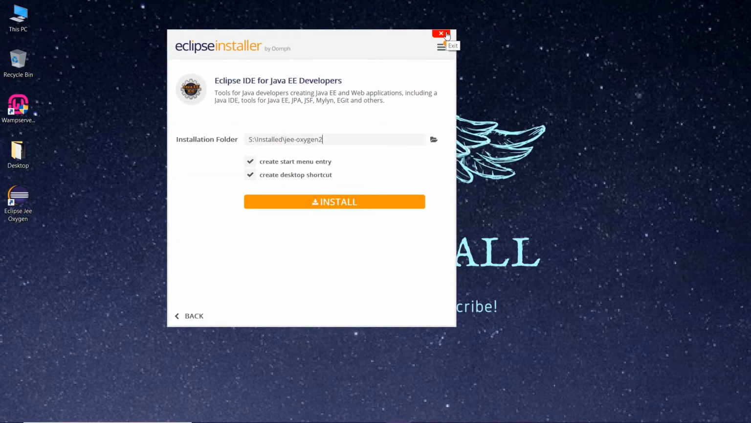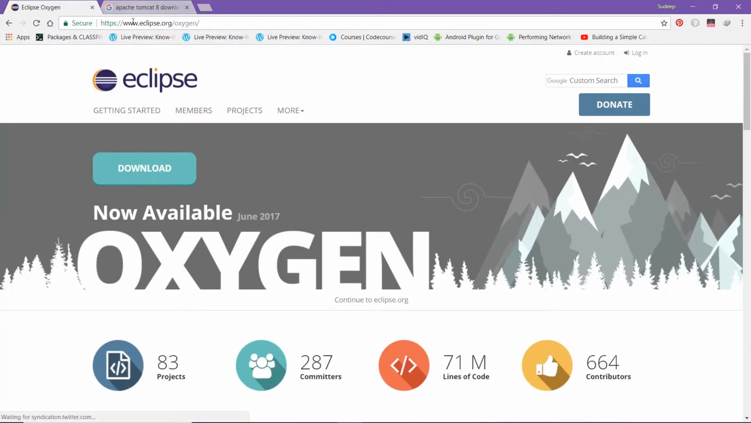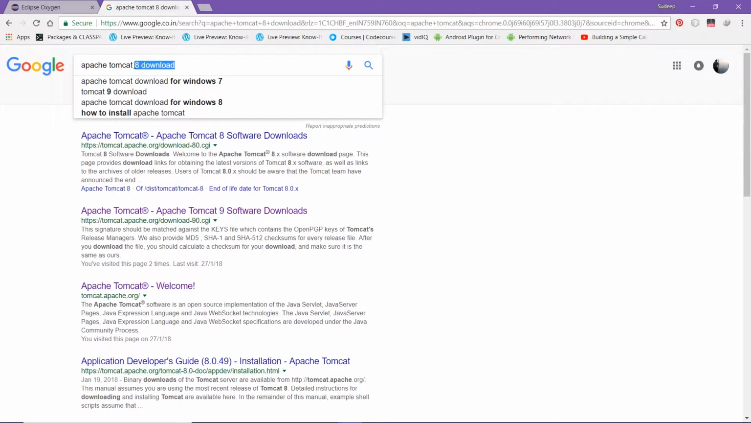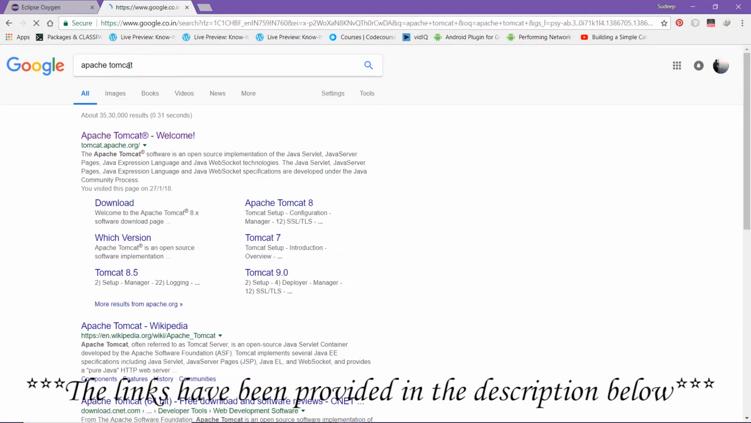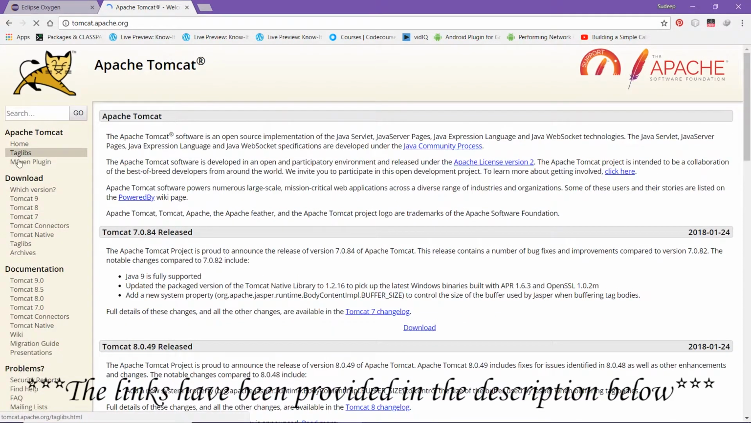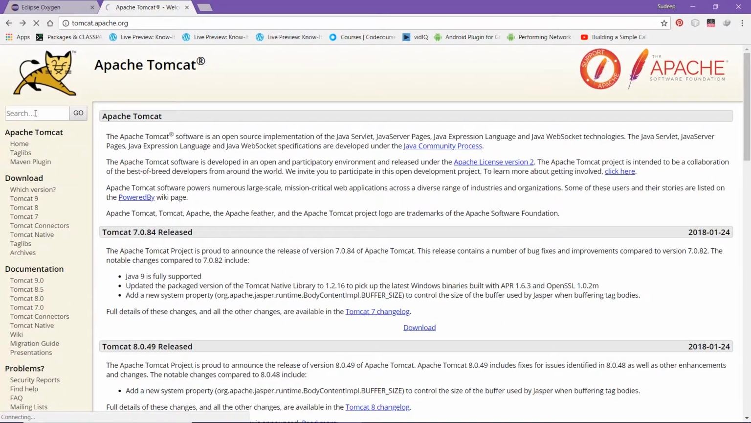So we'll continue with the installation of Tomcat now. For that, open the browser and just type in Apache Tomcat, just Tomcat I would say, and then over here go to the official website, and at the left you will see the available versions, out of which Tomcat 9 is the latest running version. So click on it. Click on this,